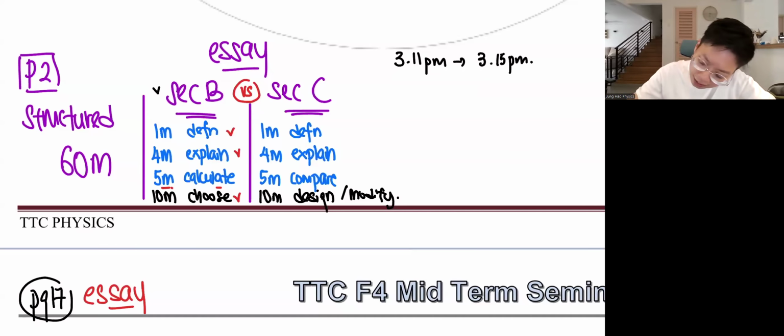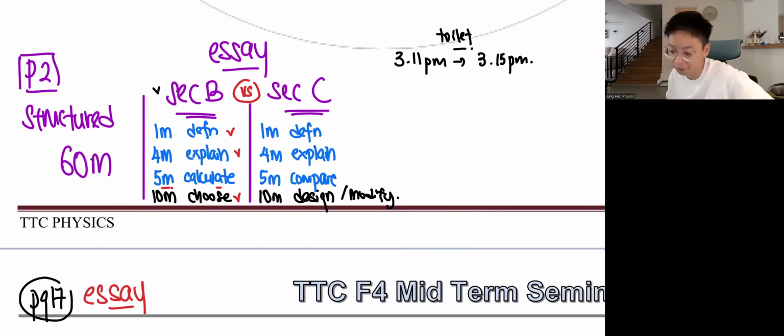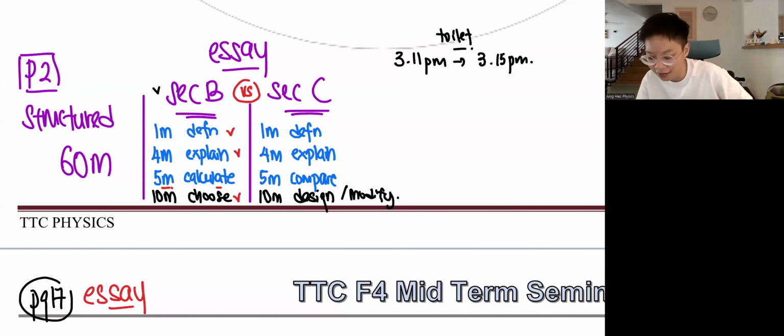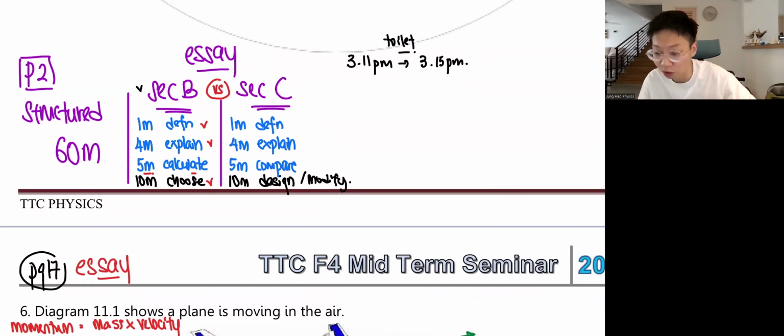So guys, there's going to be a toilet break right now. If you want to go to the toilet, you can go. You get 4 minutes, you get one extra minute. Why is your house very big? You live in a big bungalow, you go to the toilet, need to take Grab, is it? If anybody wants to go, can go for toilet break. Need to buy air ticket to go to the toilet, right?